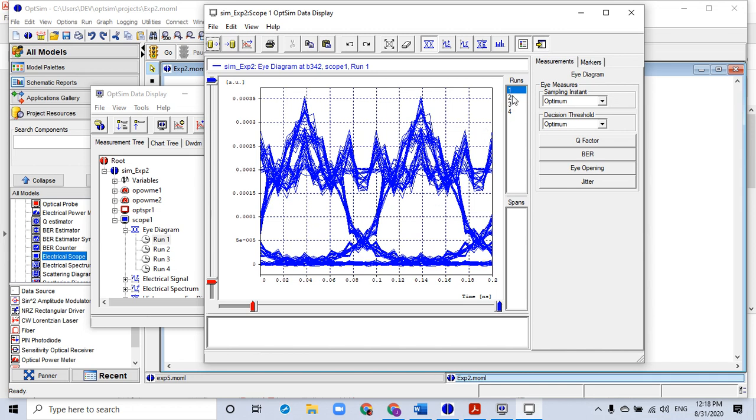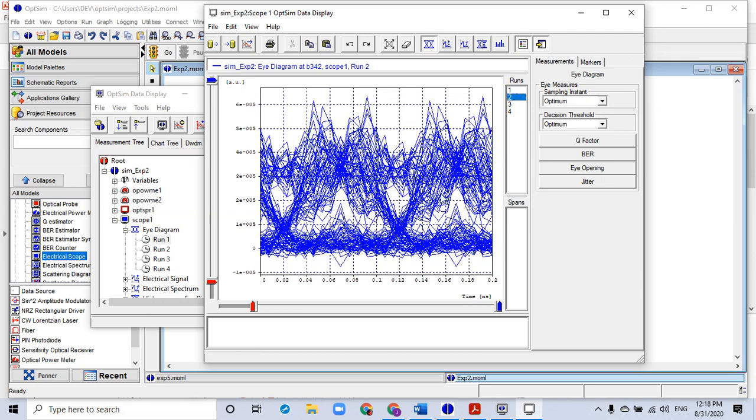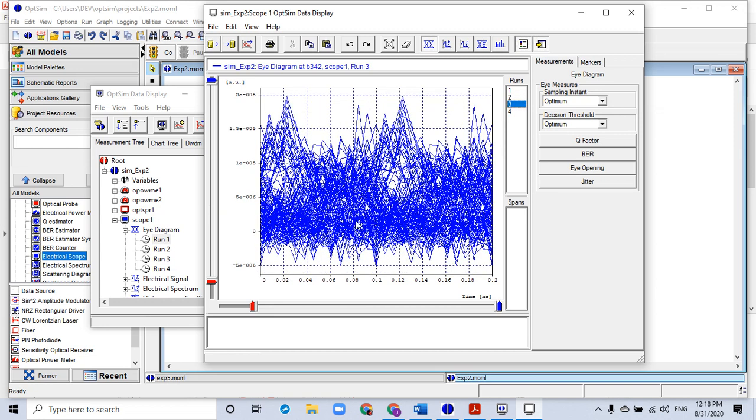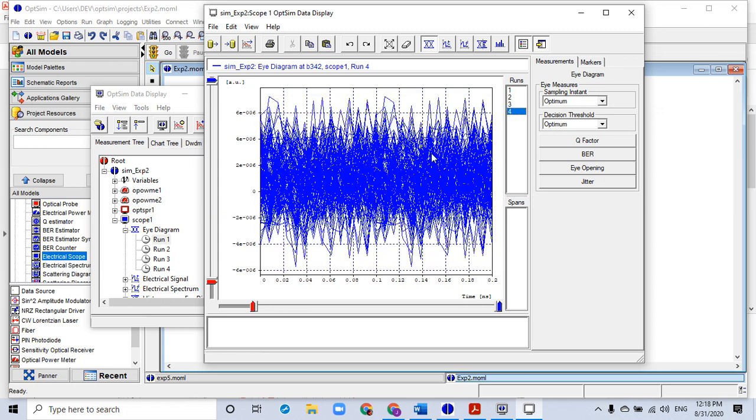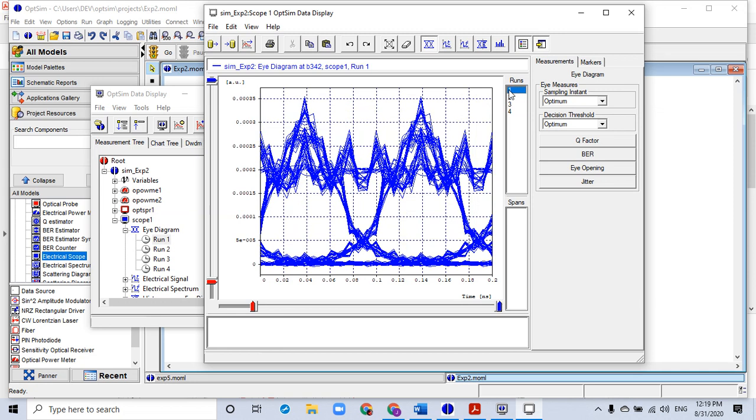For run 2, it comes out to be like this. That is for 60 kilometer fiber. For 90 kilometer fiber, the eye is almost closed, and for 120 kilometer fiber, there is no opening at all, right? So this gives us an idea that as the length of the fiber increases, the losses increase, right?